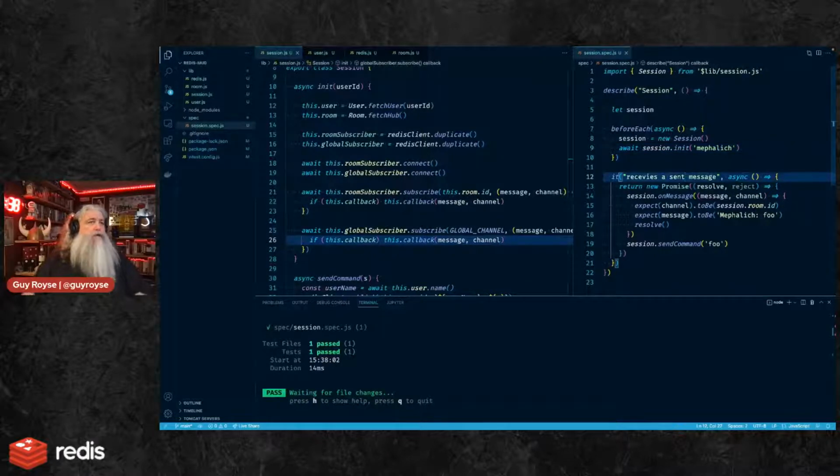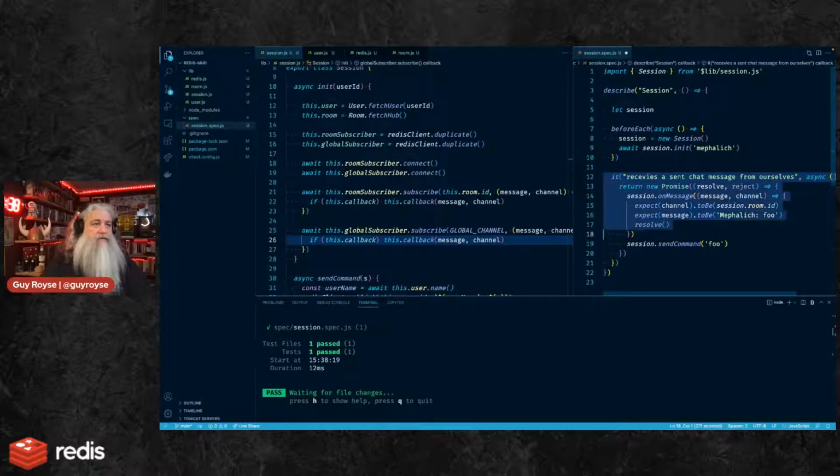So we got here, we can receive a sent message. We receive a sent chat message from ourselves.